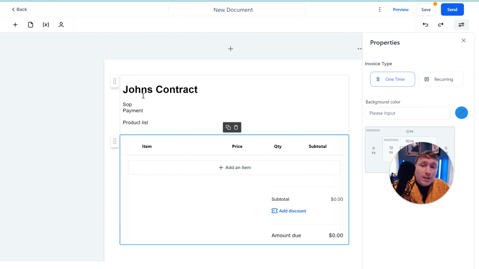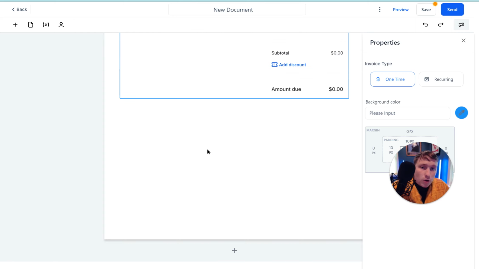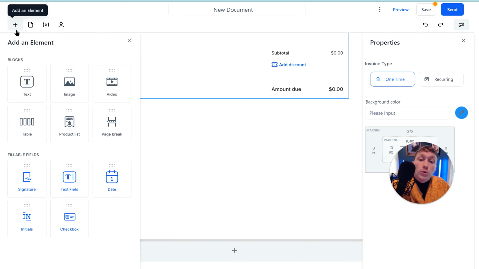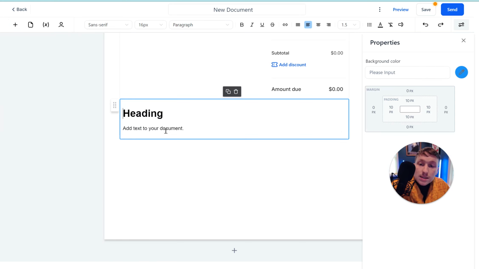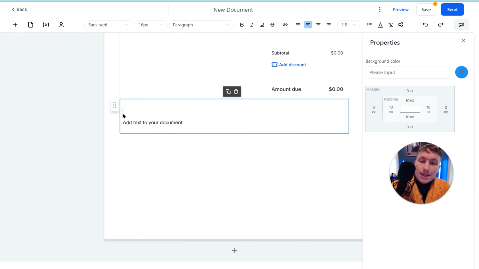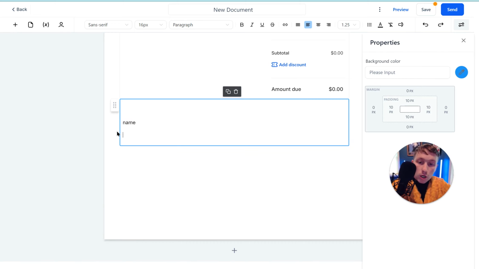Then from there, what you can do, and you might not even need this if it already has a description. That's the beauty of High Level. It's all in one. And then from there, what you can do is you can put in the basic stuff. So let's come down to text. And like I said, you'll find this on any template, but what you're going to want is you're going to want name, the basics of that. And almost all contracts have this, signature, and then